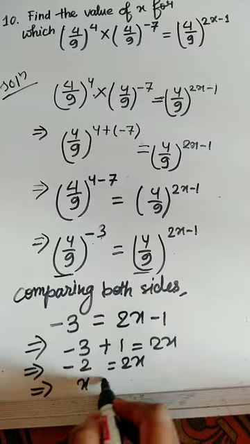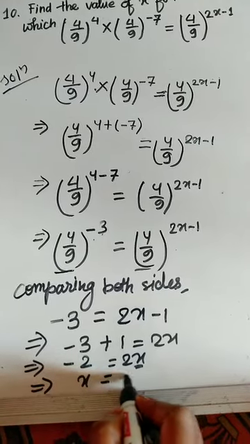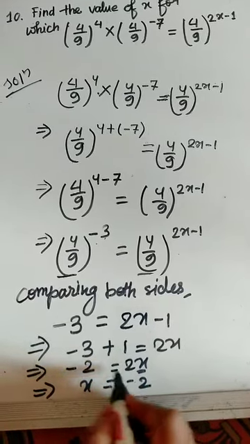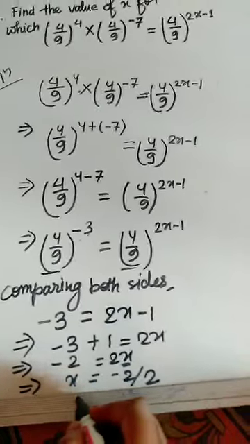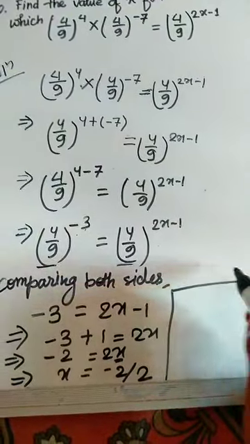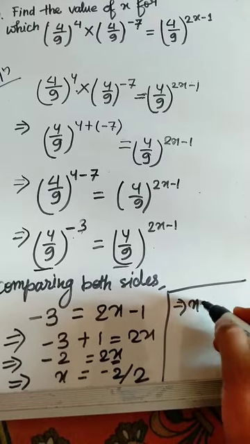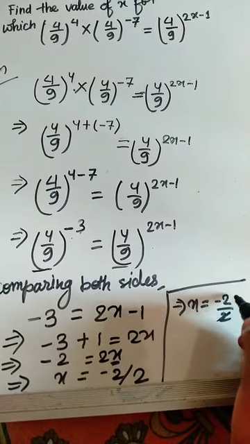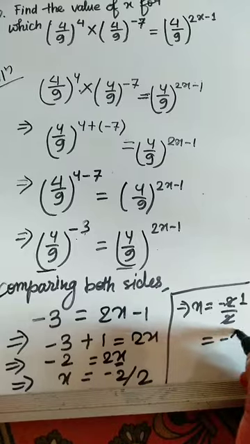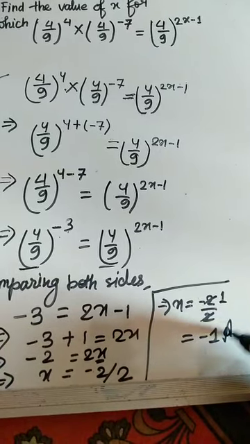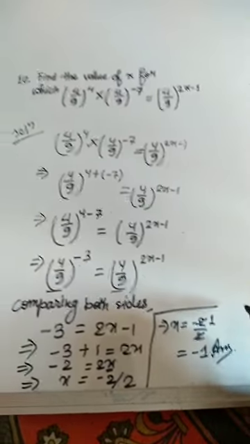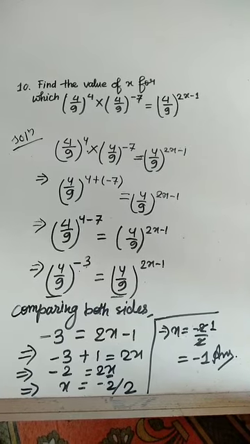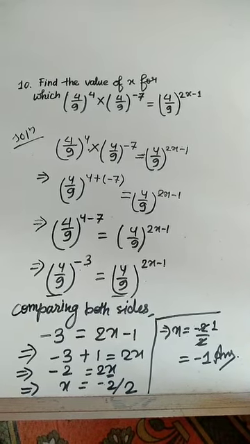This implies x = -2 divided by 2. When we send this 2 from the RHS to the LHS, it gets divided. So we can solve this one: x = -2/2, that means if we divide by 2, 2 ones are 2, so we have -1 as our answer. I hope all of you understood how to solve, and you can solve question number 9, that is the same as this question. So let's solve the next question.